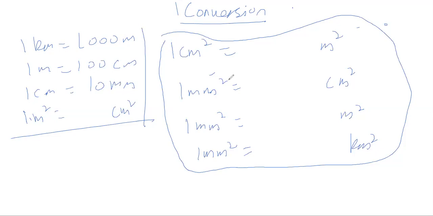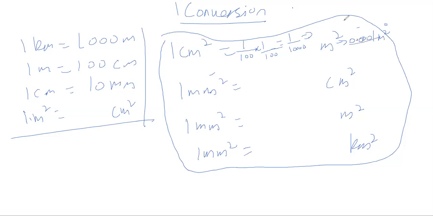So I'm also writing the answer so you cross check, everybody. So 1 centimeter would be what? 1 over 100 multiplied by 1 over 100. That would be 4 zeros. So the first one would be 0.0001 meter square. From centimeter to meter, it would be 4 zeros.